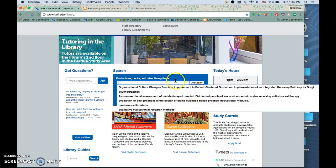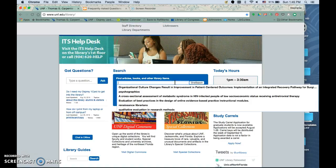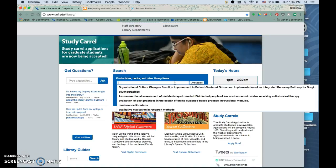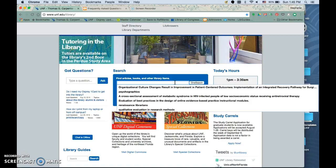So one of the things you can do, well, lots of things you can do. You could search a family name or a time period or a country, for example. So like if you know where your family member who first immigrated to the US came from, we might do something like that. Because I know that part of your assignment is that you have to figure out some of the reasons that drove them to leave their country and come to the US. So for example, let's do